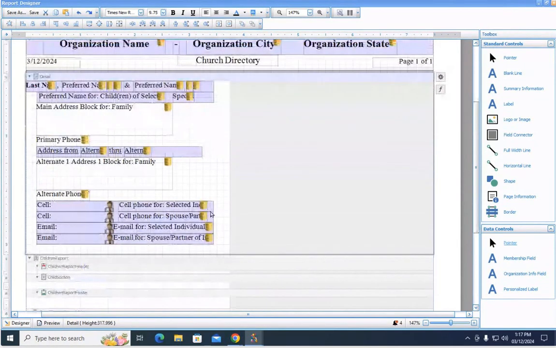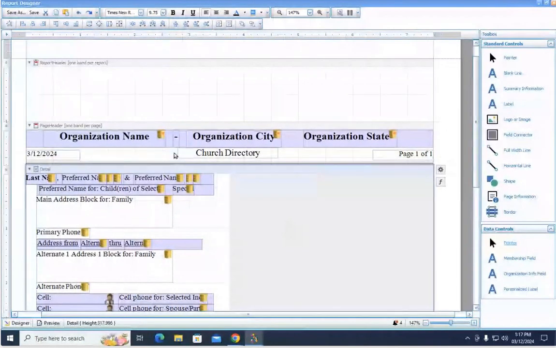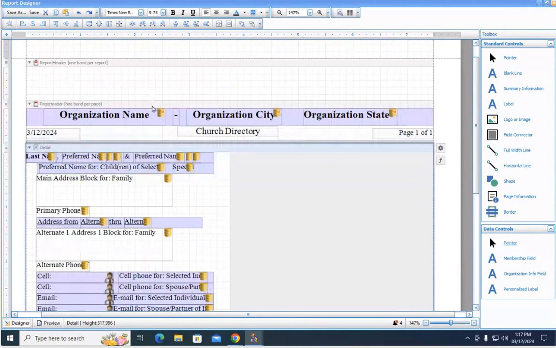Pretty straightforward. So that is going to give you all of that information for the contact, cell, and email. Okay. You can also add a logo in here if you want to. I've really seen some beautiful directories. So if I make this section a little bit bigger,